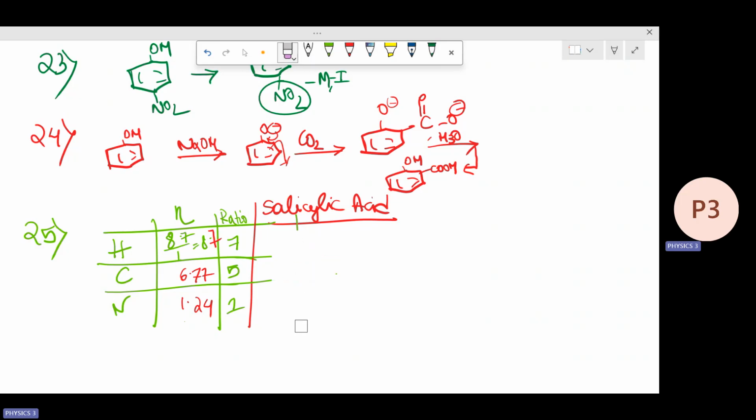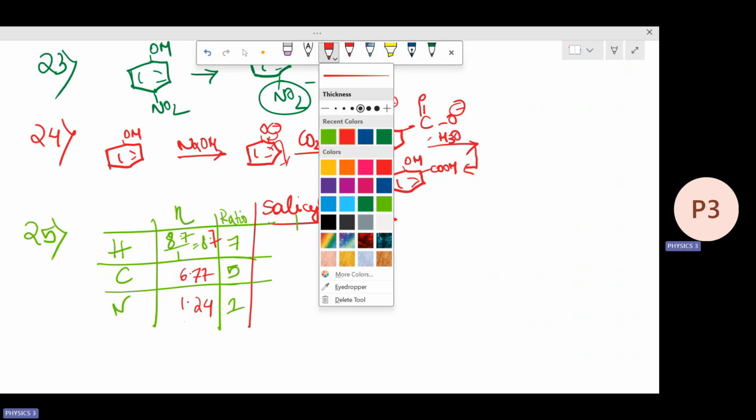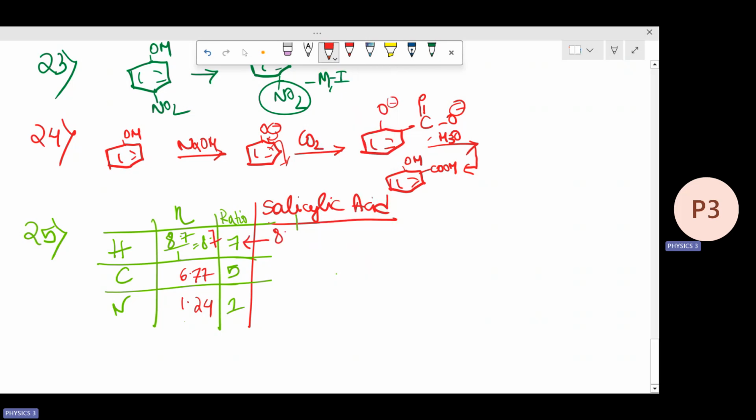So what will be the empirical formula? By the way, before going for that, let me explain how I found these values. I am getting 7, that is 8.7 divided by 1.24. Here I am getting 6.7 divided by 1.24. This is how we are getting 1.24 divided by 1.24. Now, what we know, empirical formula is nothing but